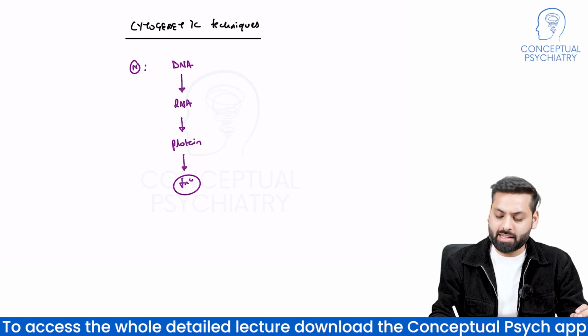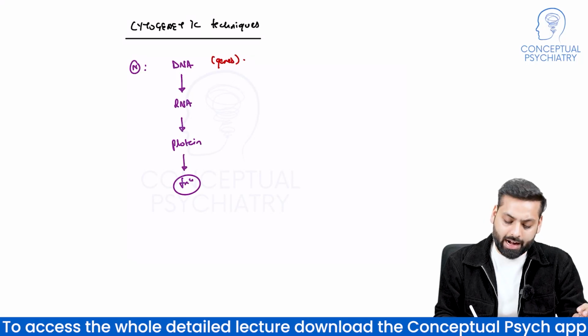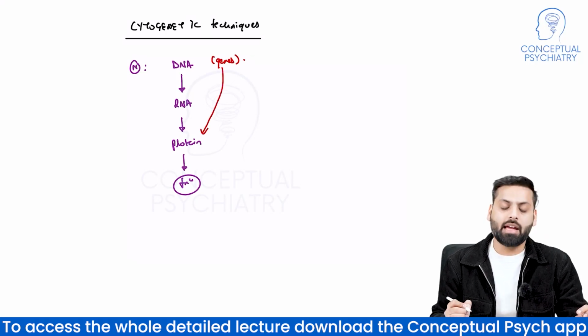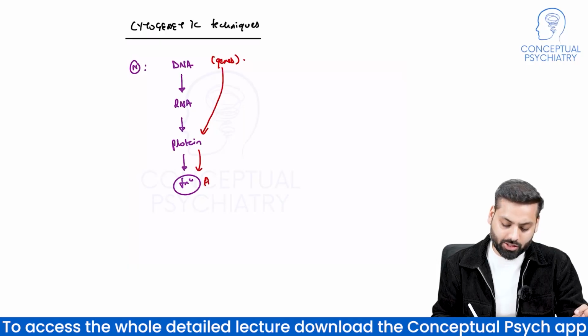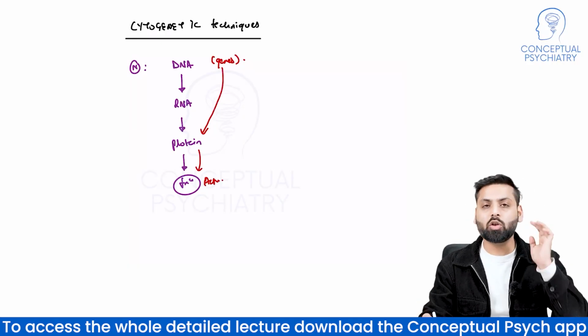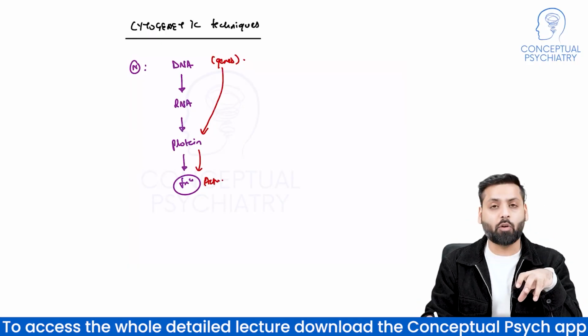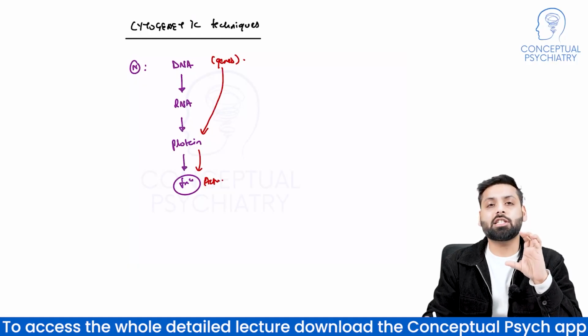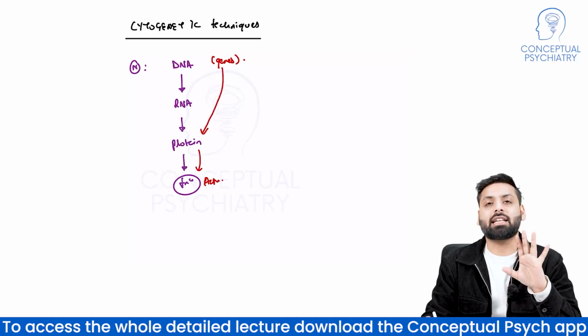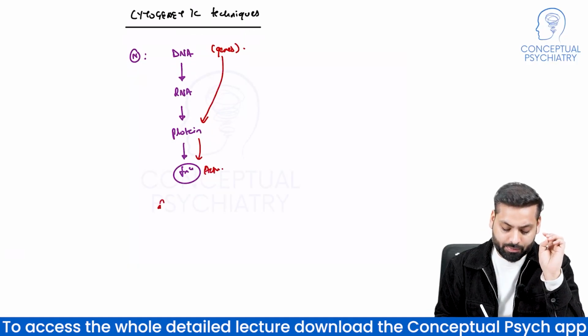So ultimately there were genes, and the genes formed the protein, and the protein has done an action. Normally when this state is followed, that gene is there which is making proteins and protein does its action. This is known as the gene